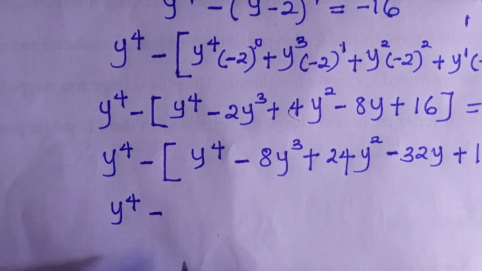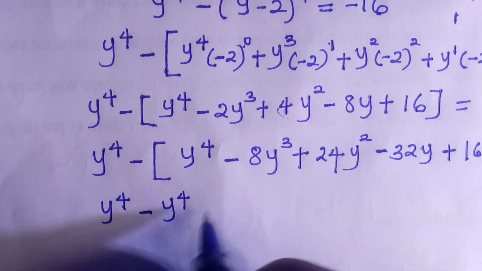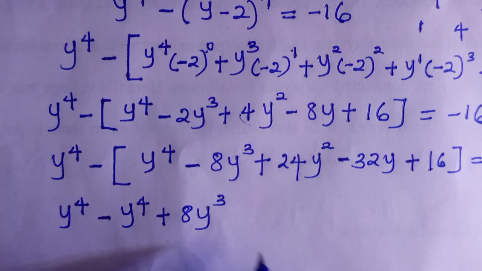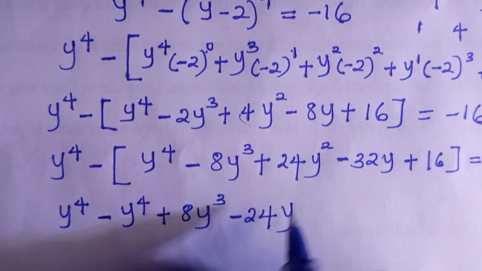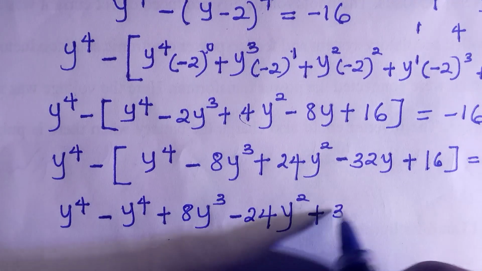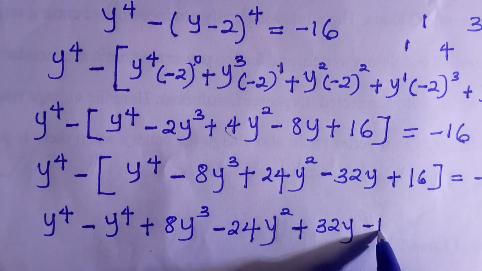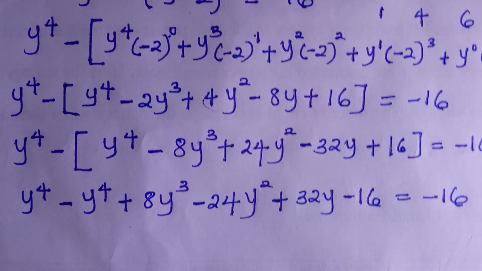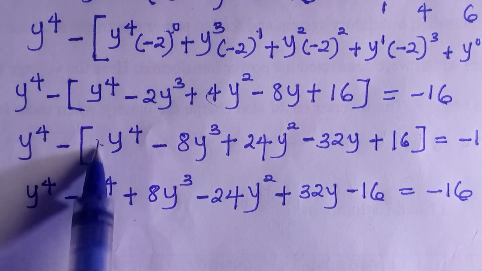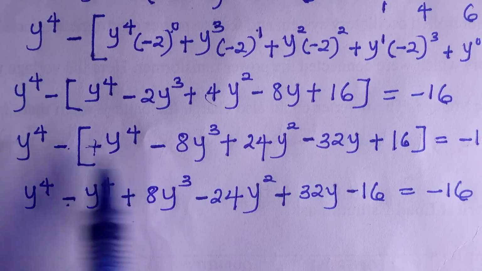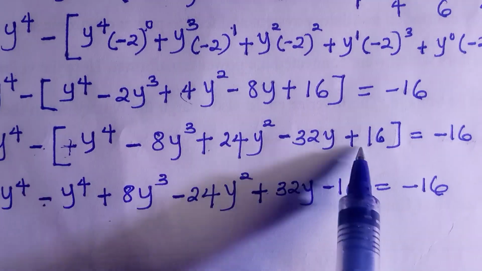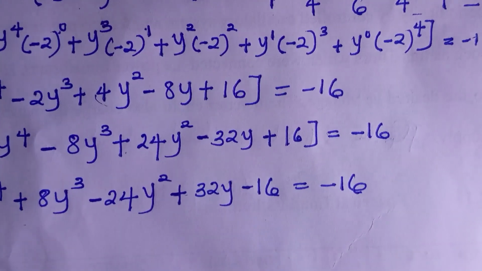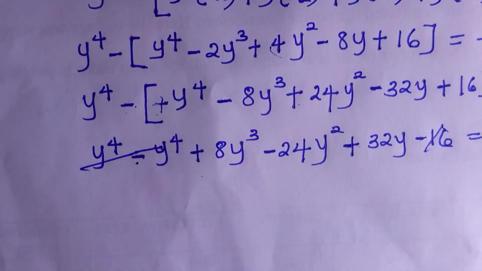If you open this, we have minus y raised to the power 4 plus 8y raised to the power 3 minus 24y raised to the power 2 plus 32y minus 16 equals negative 16. So from this last line, some terms have cancelled each other, and we have plus there, so that is why this one is appearing plus, and that one negative. Then if these two cancelled and these also cancelled, we are going to have